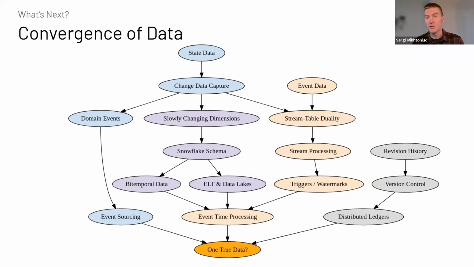And now stream processing, which has been evolving completely separately for a very long period of time, is giving analytics all these interesting tools to process the event-based data faster and more reliably. There are also a lot of interesting parallels and tools, like version control systems and distributed ledgers, that I don't have time to talk about. But I think the whole space of data is now converging on something that might be called one true data, or at least a much better form of data and